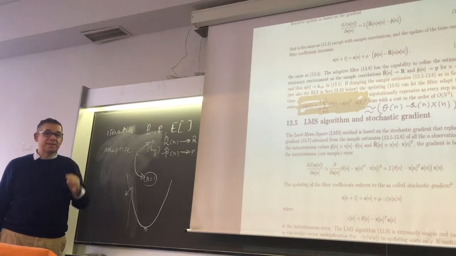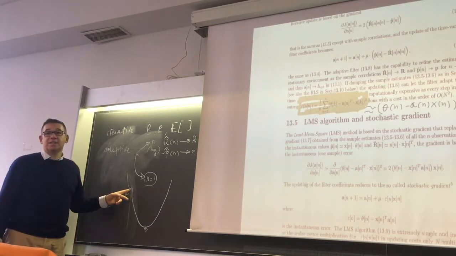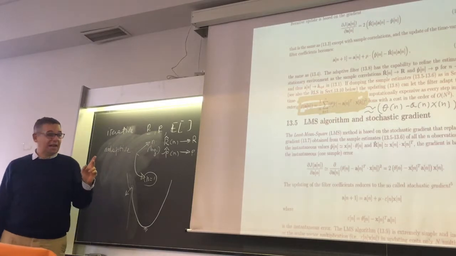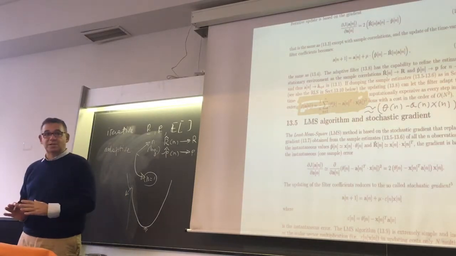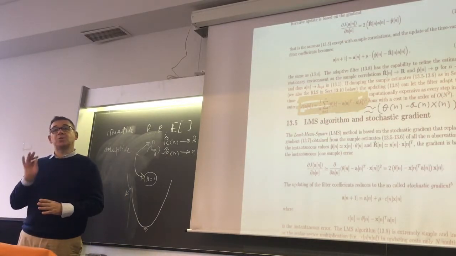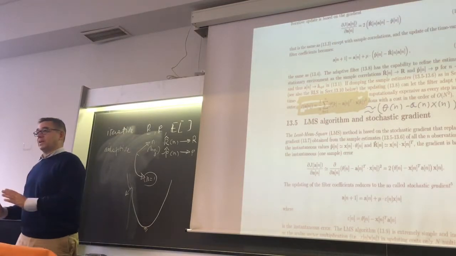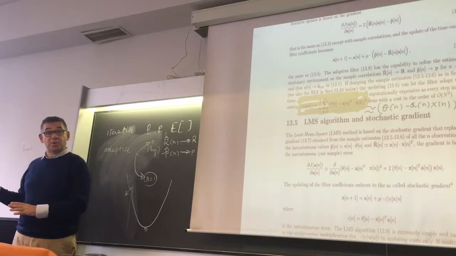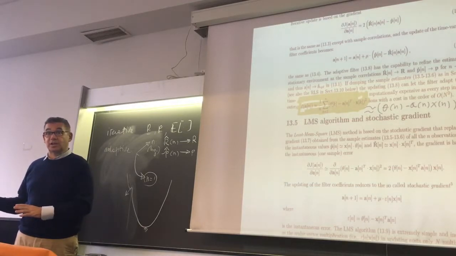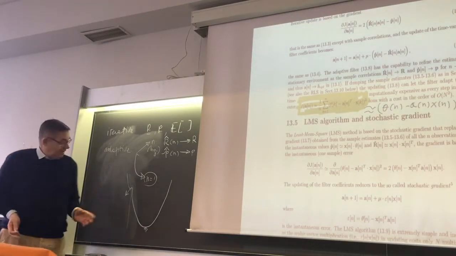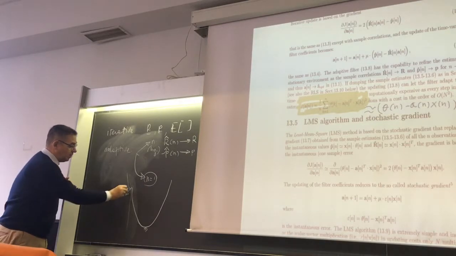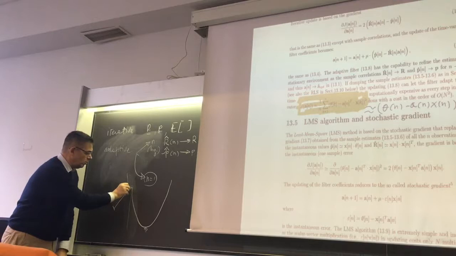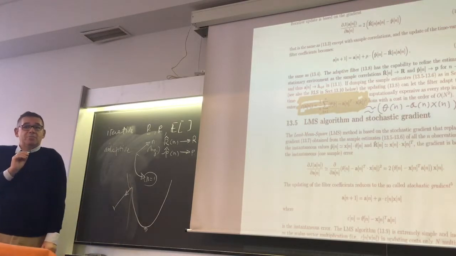The way to compensate is, I don't trust this measurement. I don't trust the gradient that I calculate from an instantaneous value. What I do is move a little bit, less than I would knowing the perfect gradient. Rather than taking this value and the new factor says move up to here, I say I don't trust you. I move a little bit. I make a small step.